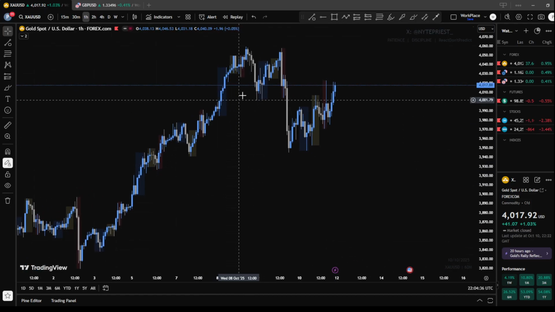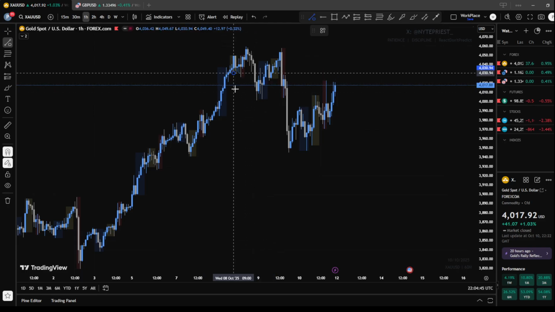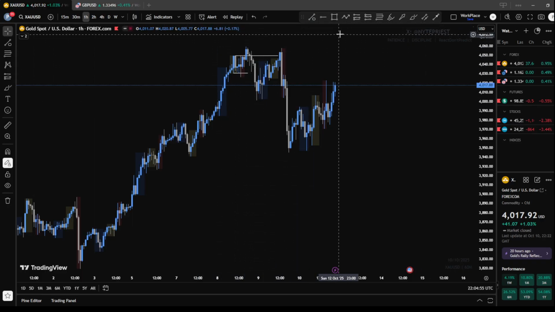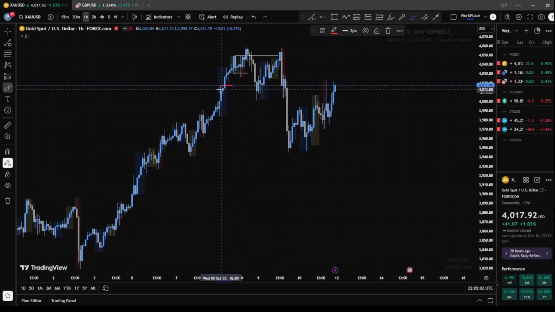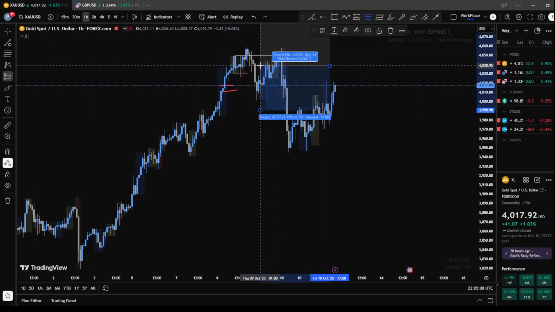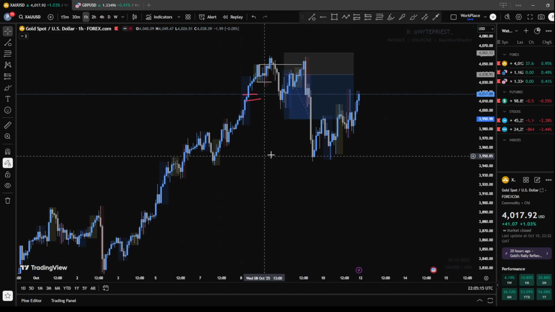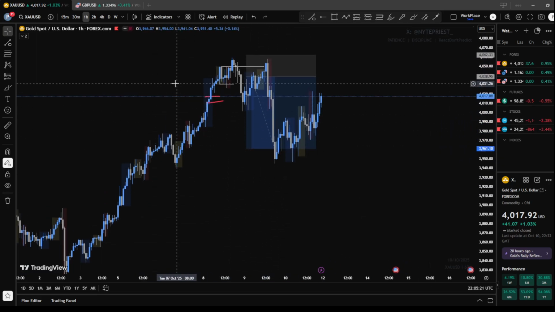So on gold, I caught a nice trade here on gold on the 1 hour time frame. As you can see, we had a sweep of this inducement here. Okay, and then we swept the high too, and then we changed character on the lower time frame with a demand fill here. So I took a trade on this order block with my stop loss above here, and my take profit was on this because I wanted to